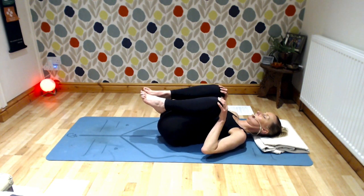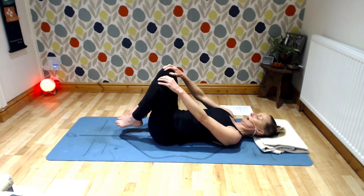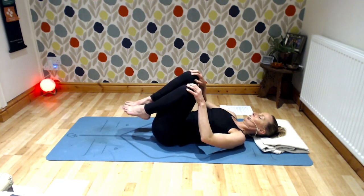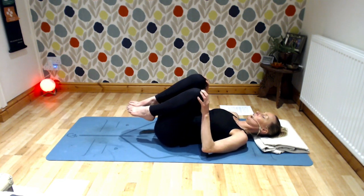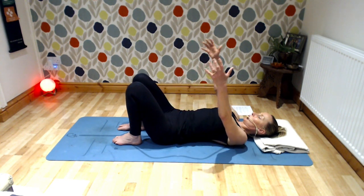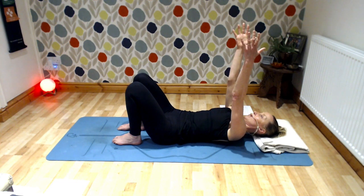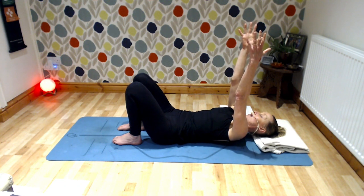Hugging them in and releasing them forward. And then again, bring the feet flat. Reach the arms up towards the ceiling. Lift the fingertips up towards the ceiling. So now my shoulders are lifted up a little bit and I feel that around the back of the ribs